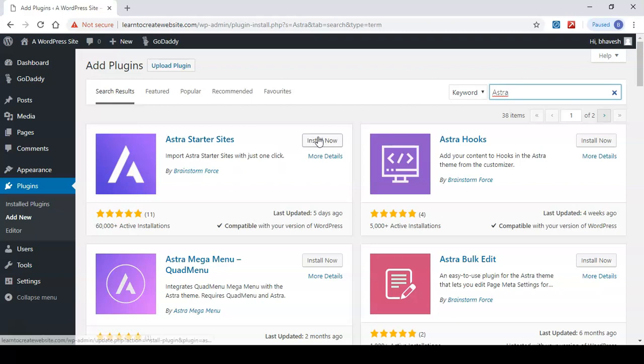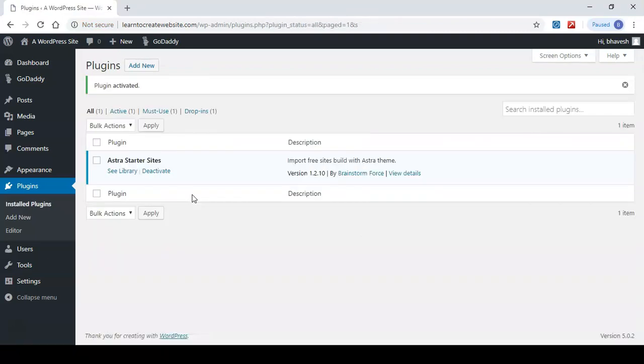Then install this plugin. So click on Install Now. And then click Activate. So the Astra Sites plugin is now installed.